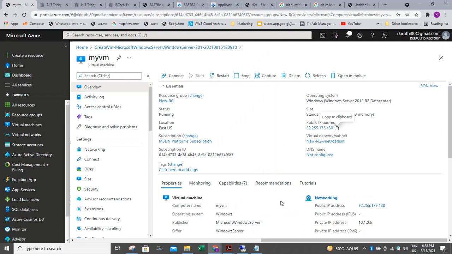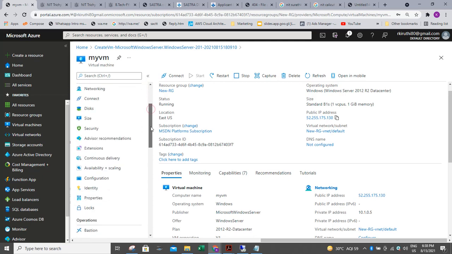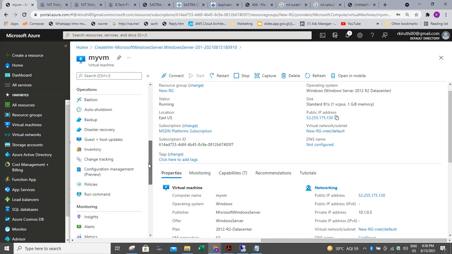I have created one Windows VM with HTTP port allowed.